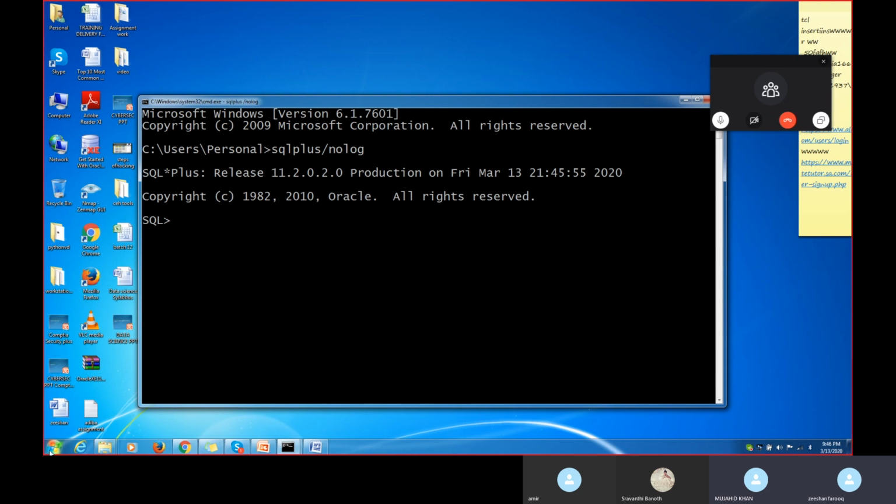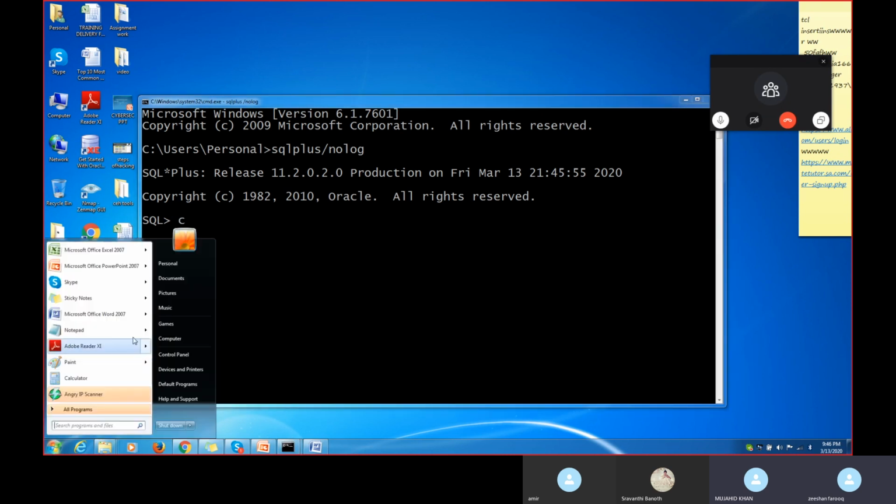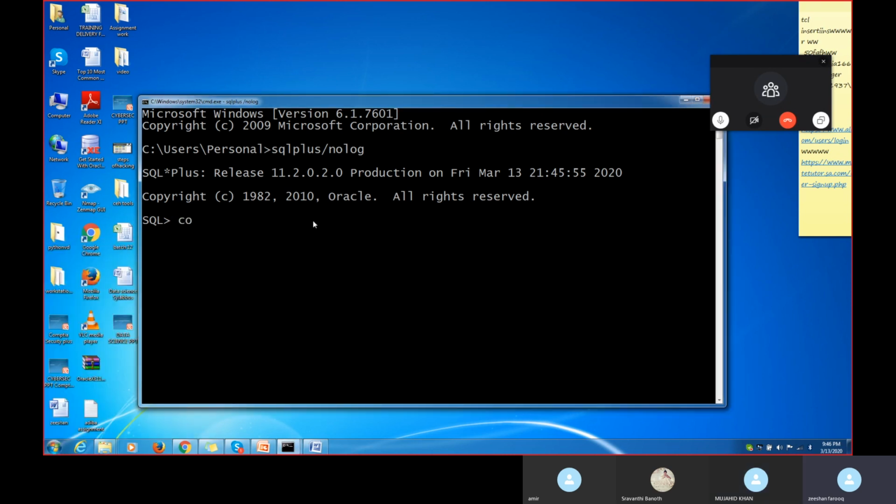I'm at the SQL screen. sqlplus /nolog. And I got connected. I entered the password and everything. Okay, now connect sys as sysdba. Did you type that password?